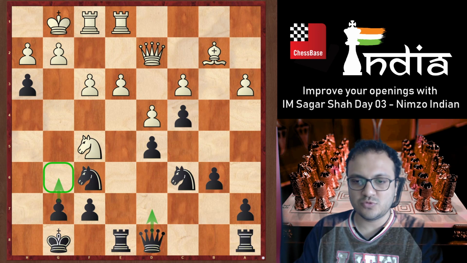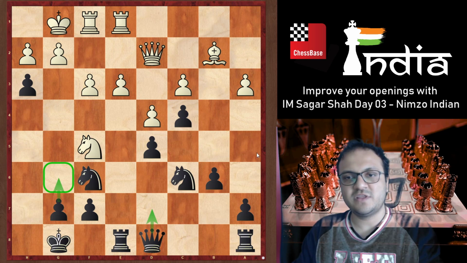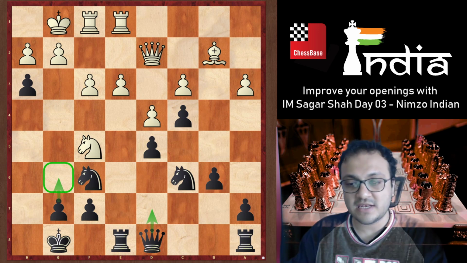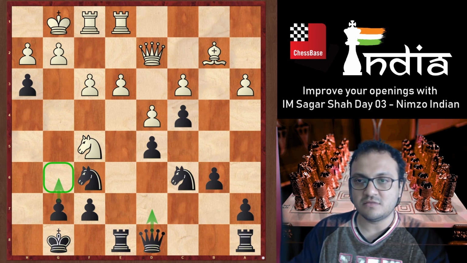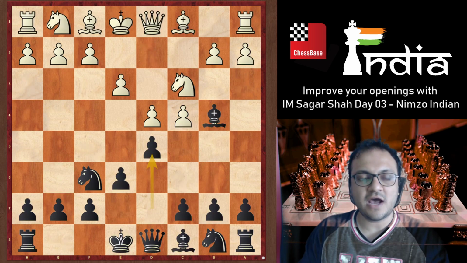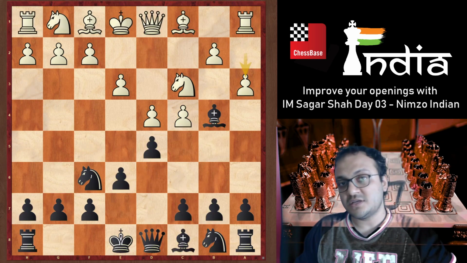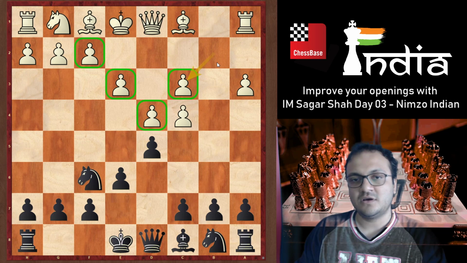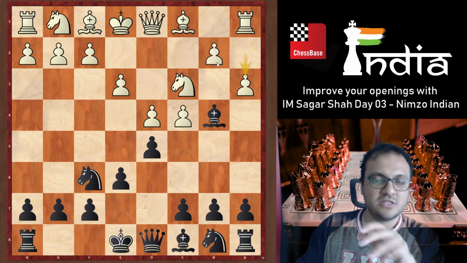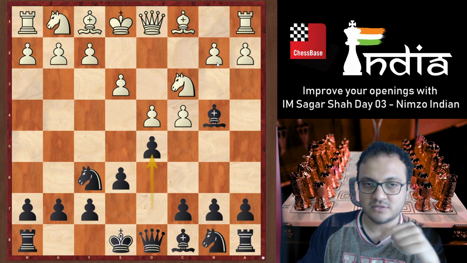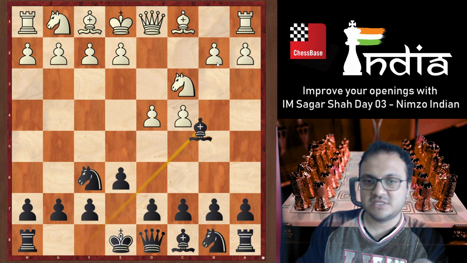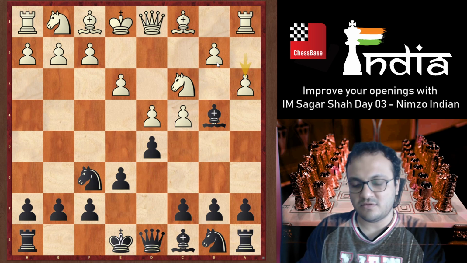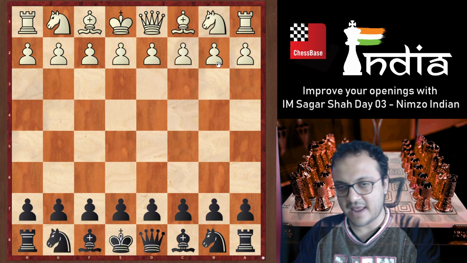Okay, so now let's move to another line, another important thing which I want to cover. I wanted to give you a bit of an overview of this system with e3. We'll cover it in more detail after the fourth move e3 here. But I wanted to show you how after d5, a3 can be an interesting move to consider. Carlsen and others have come up with a lot of new ideas, not in this, but what we looked at right now: d5 and a3, the Botvinnik plan.